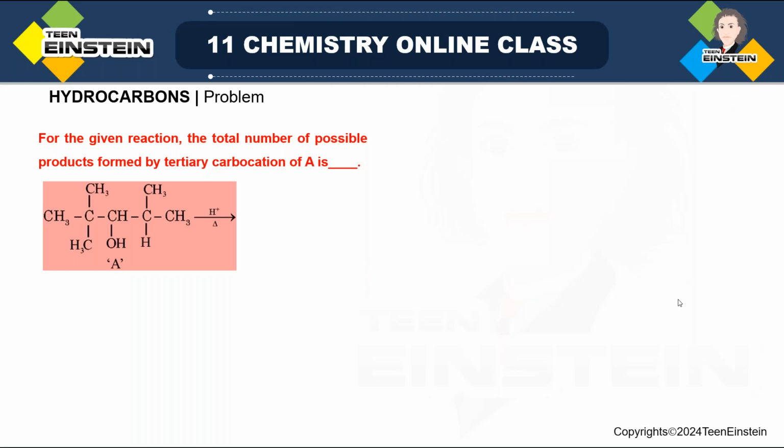Hello everyone. First we'll solve a problem and after that we'll start the chemical properties of alkene. That is, it is already started. We'll just continue the chemical properties of alkene and probably today we'll be able to finish it also. So in this question you can see one alcohol molecule is given. We have to find the total number of possible products, but not just any possible products that are formed from